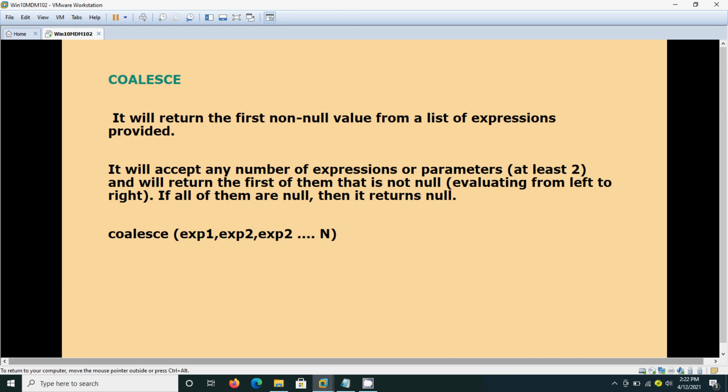Here we are going to see 3 expressions: one is office phone number, then mobile, then fax number. We will see that query now.